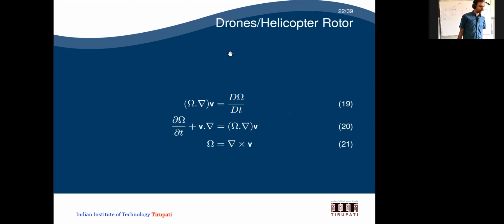Then one more thing, the helicopter rotor. Drones are rotating, right? The rotor is rotating. Those are also covered by partial differential equations. You have a helicopter whose blades are rotating so that it takes off and climbs up or climbs down. Those things are also governed by this kind of rotor partial differential equation. Here omega is the angular velocity of the rotor, and omega is equal to del cross p. That tells how it is going to rotate, depending on the equation.